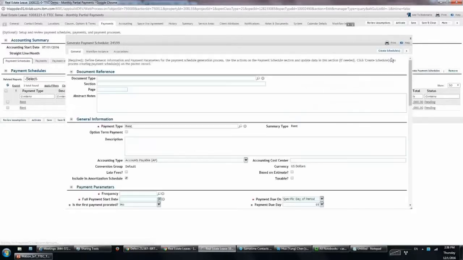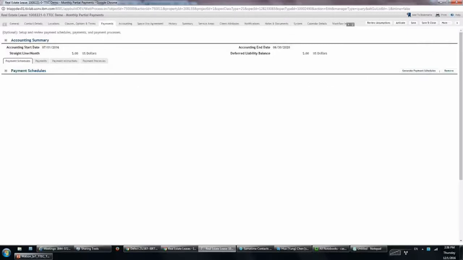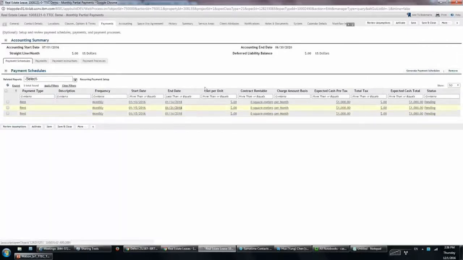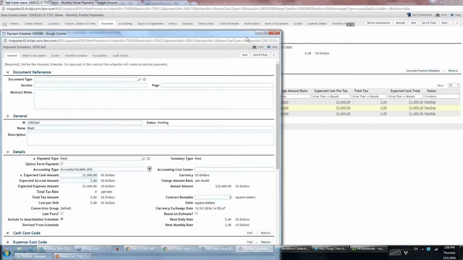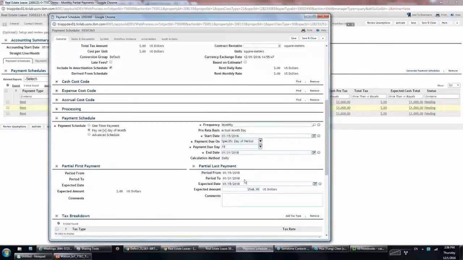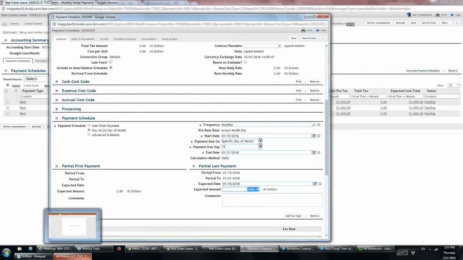Now my payment schedule will have the calculation of my partial last payment of that half a month extra. So you see that from the 15th of January 2018 until the end of that month, I have that $548 that I have to pay out to the landlord because of the extra half of the month. Okay? These are the changes that we made so far on the general payment schedule. And I'm just going to go back to my